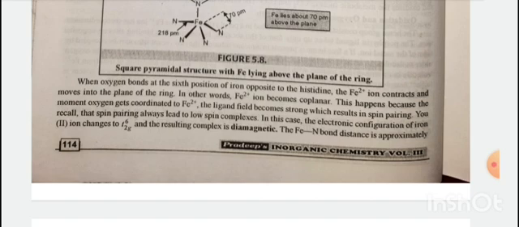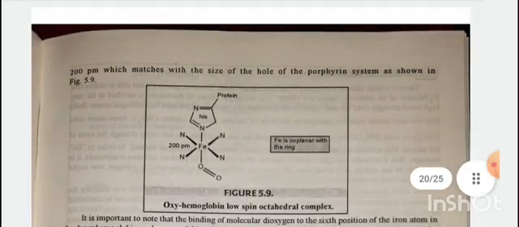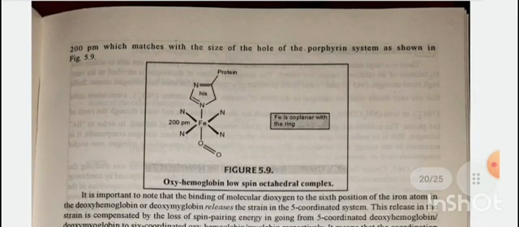You recall that spin pairing always leads to low spin complexes. In this case, the electronic configuration of the iron(II) ion changes to t2g6 and the resulting complex is diamagnetic. The Fe-N bond distance is approximately 200 pm, which matches the size of the hole of the porphyrin system,